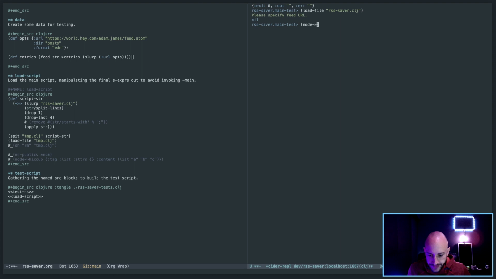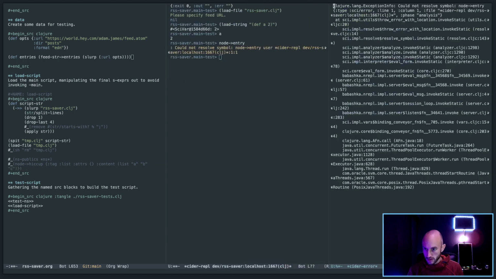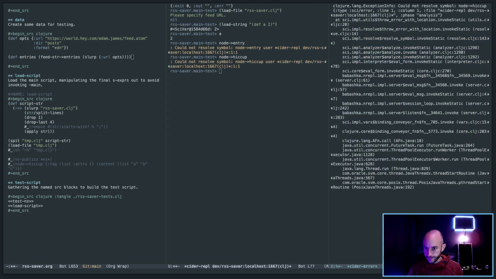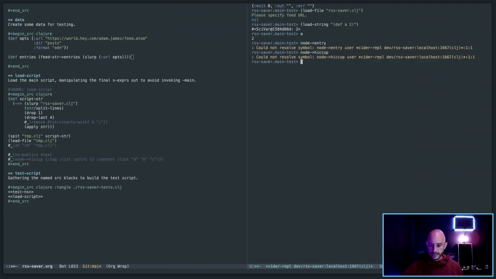Excuse me, it doesn't seem to be loading. So if I load string, okay, that does work. That's not what I meant. Yeah, okay, so